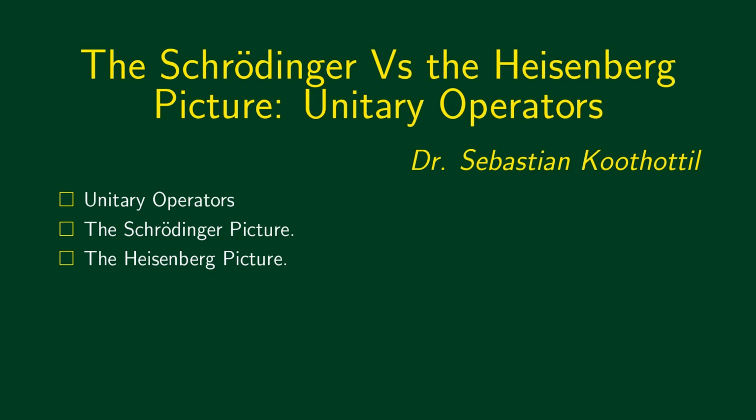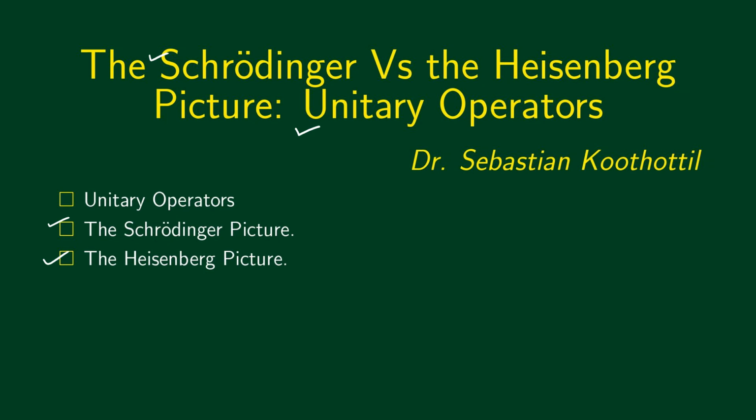So far in this chapter, we have discussed the Schrodinger equation and the time evolution of a quantum mechanical state. We have seen that we can describe time evolution in quantum mechanics as the change of state with time. In this section, we shall see that there are different ways of approaching time evolution. In particular, we shall talk about the Schrodinger and the Heisenberg pictures of time evolution. In the first session, we shall talk a little bit about unitary operators and also introduce the Schrodinger and the